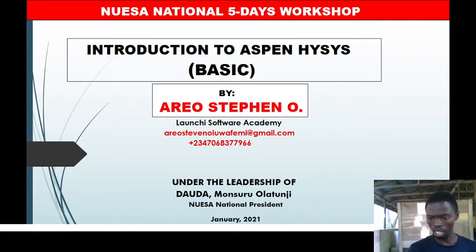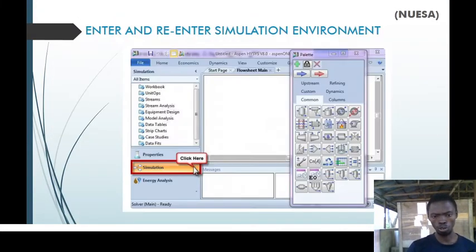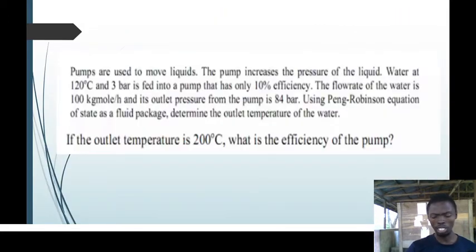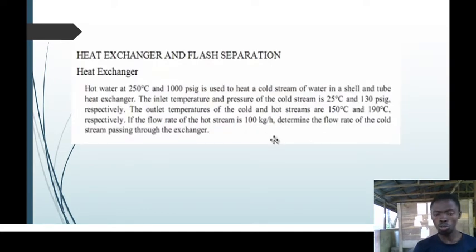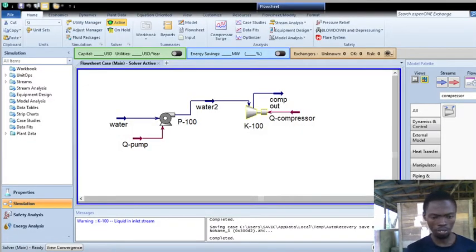So, let's move on from where we stopped yesterday. In Aspen ICs, yesterday I taught you how to add a stream and specify a stream. We worked on a pump and also a compressor yesterday, isn't it? So today, before we go further, there is something I would like us to do first. From my Aspen ICs, how do you save? This is where we stopped yesterday. So how are you supposed to save and do all that? That is what I'll be talking about right now, very quickly.